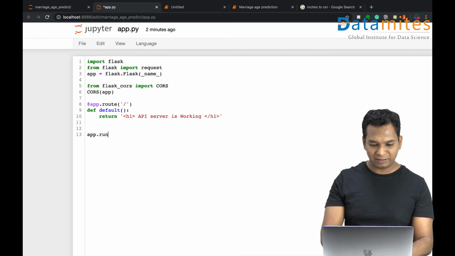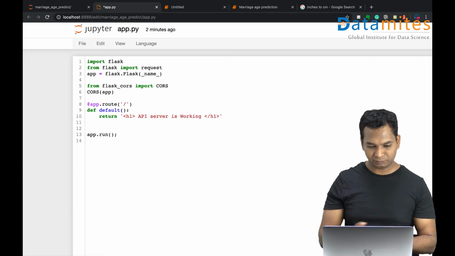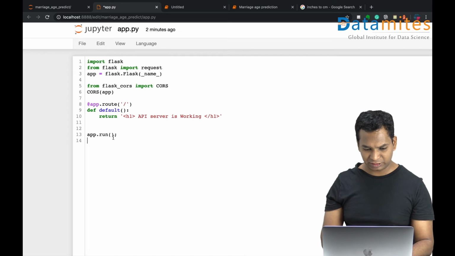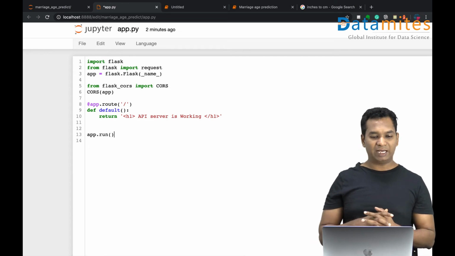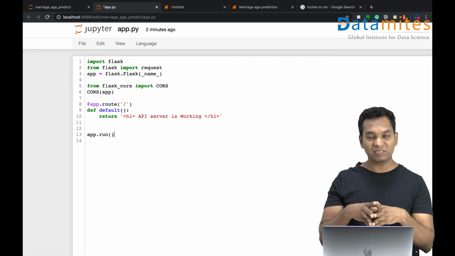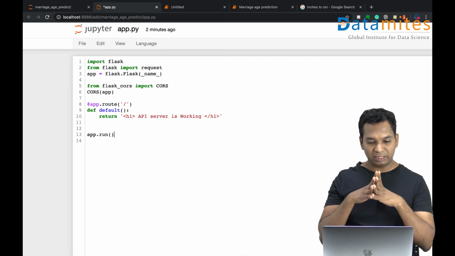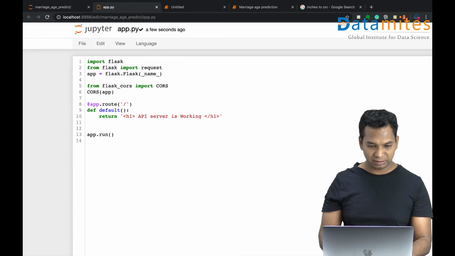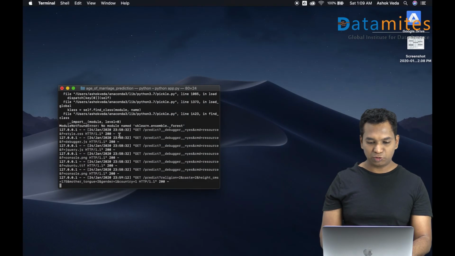So you can find extensive code, but this is good enough. I mean, this actually is very bare bone. I initiated a Flask object, passed it to CORS for cross domain authentication, and created a default route. So I'm going to save this file. It's saved. Now to run it, you need to go to